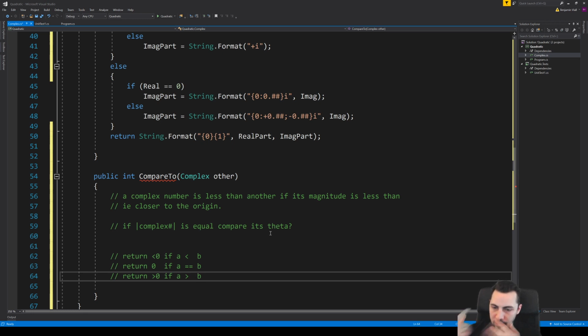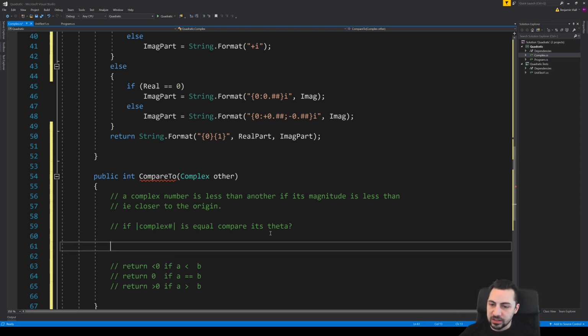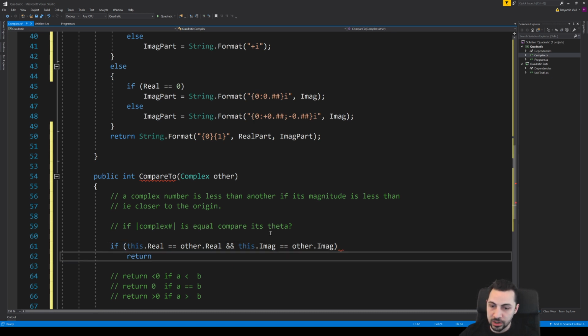So we've got to do this in a couple of steps. The first step is the easiest. If this.real equals other.real, and this.imaginary equals other.imaginary, return 0.